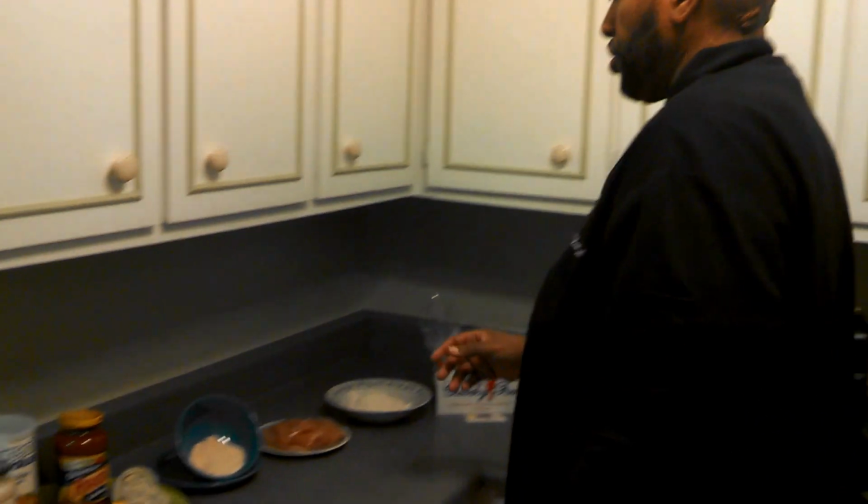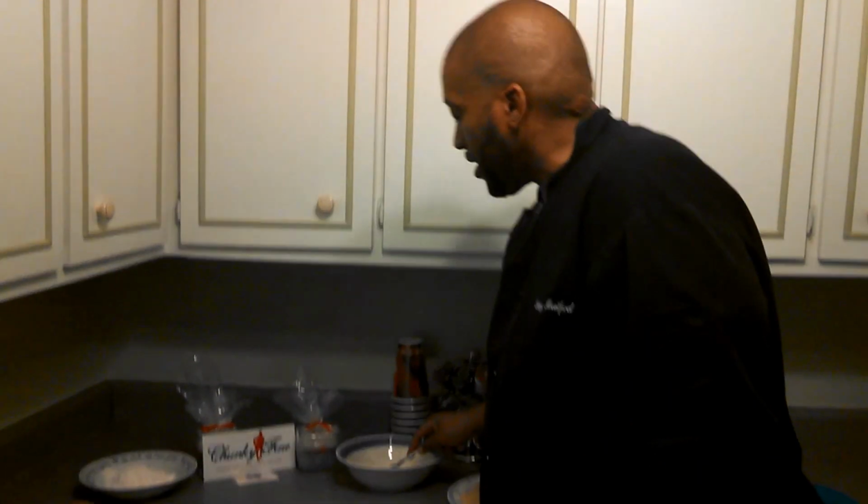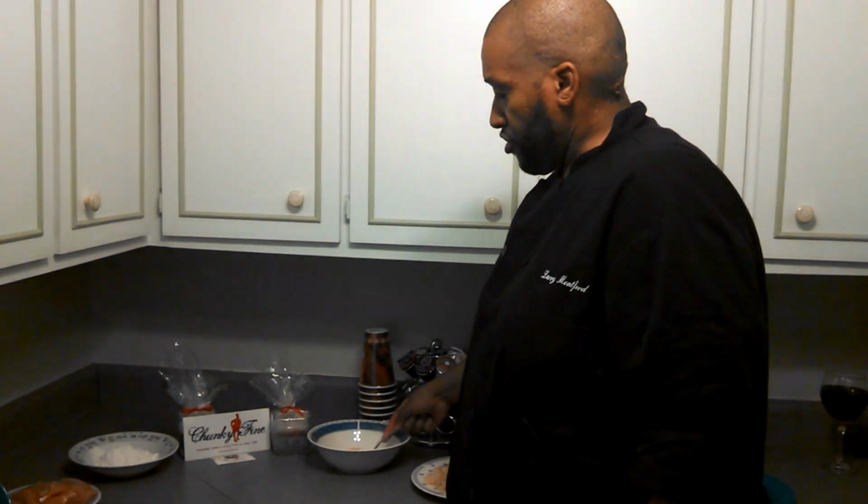It's real simple. What you're going to do, first of all, you're going to whisk these eggs. Can you see? You sure? Shake your head if you can see. Oh, okay. So what you're going to do is just whisk these eggs just to get them broken